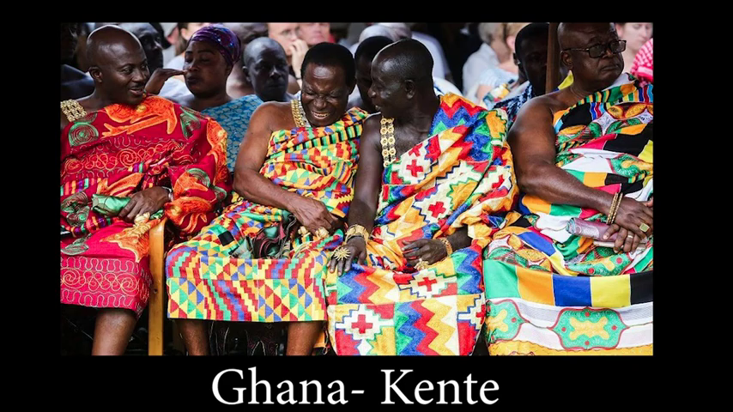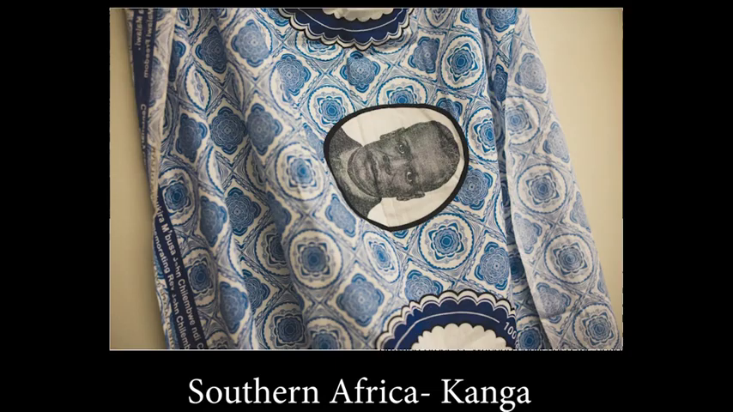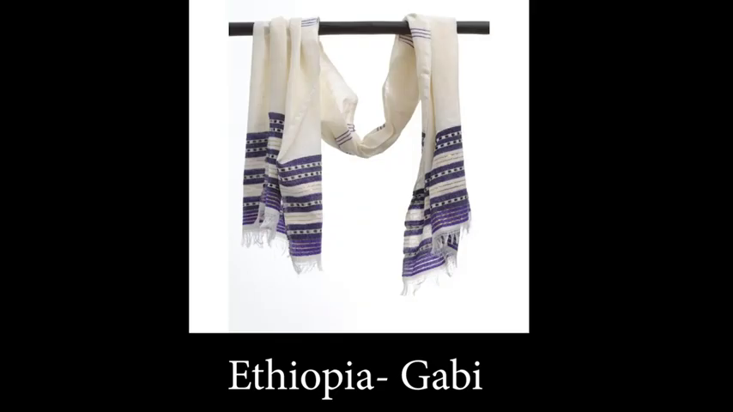In this workshop, we're going to be making patterns inspired by African fabrics. So in Ghana, they have a fabric called the kente, which is made up of various colors. In Southern Africa, they have a fabric called the kanga, which is also made of several colors and sometimes has drawings in it. And then in Ethiopian culture, they also have a fabric called the gabi, which also uses patterns,